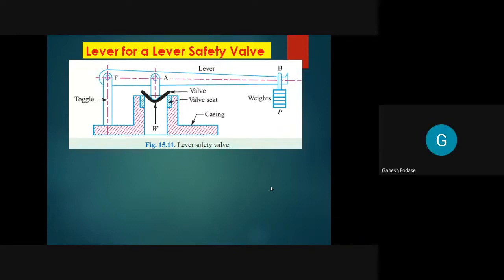Any other example? Someone talked about boiler. I request again, because I'm not able to see your screen, who is talking, you can tell your name, and then it is better for me also. Who told me boiler and cooker? Sir, Nishit Subedar. Okay, Subedar. Okay, next. Anyone other application of safety valve?